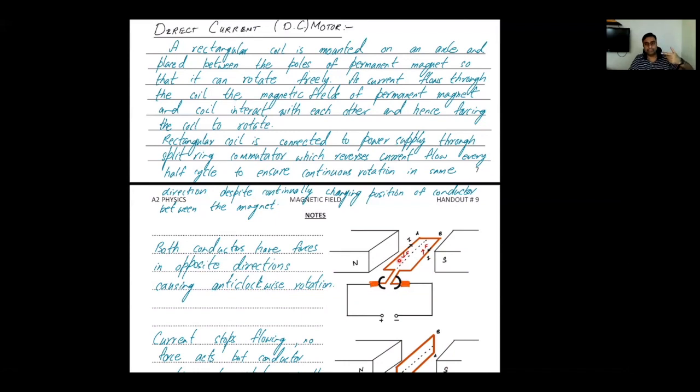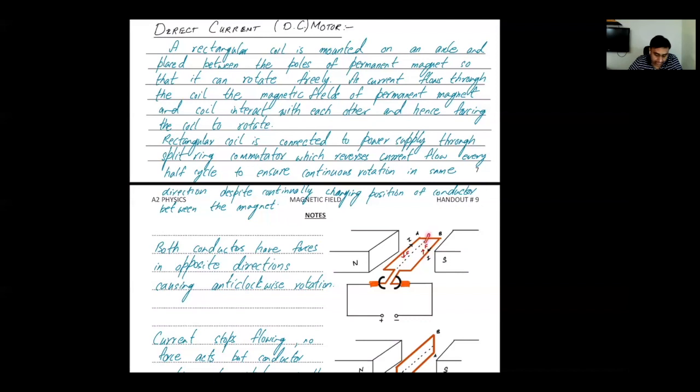You can judge the direction of that force with the help of Fleming's left-hand rule, where the index finger points towards the magnetic field and the second finger points towards the current. So if I'm doing it for A, the current should be into the plane, and then the force acts downwards, right? So you can judge the direction of force on conductor A. And since B has the direction of current flowing in the opposite direction, the direction of force would be opposite as well. This is an advantage. The force in conductor A is down, and the force in conductor B is up. It forms a pair of parallel, equal, and opposite forces, which is called a couple of forces. And they produce rotation in the same direction.